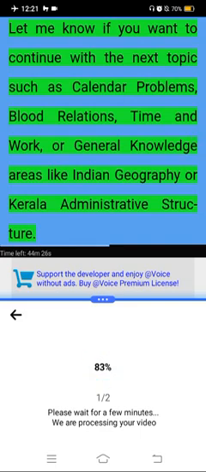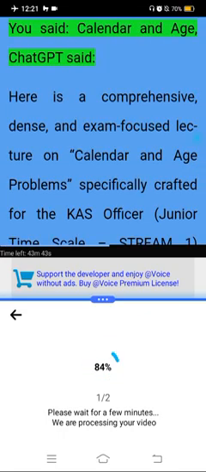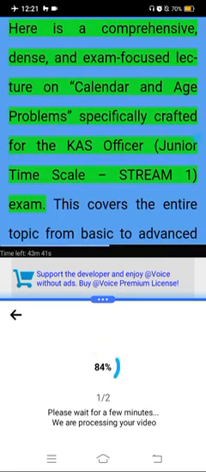Let me know if you want to continue with the next topic such as calendar problems, blood relations, time and work, or general knowledge areas like Indian geography or Kerala administrative structure. You said, calendar and age. ChatGPT said,